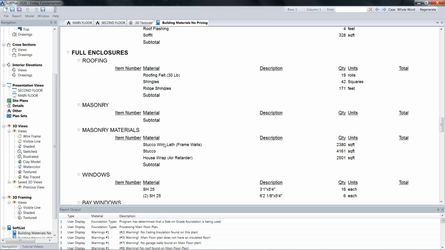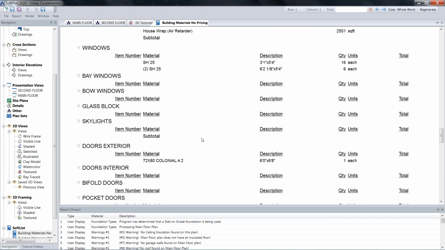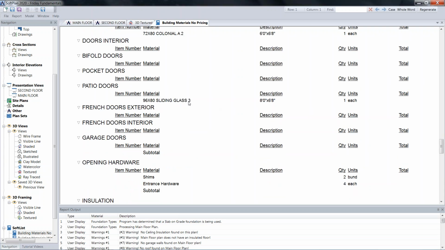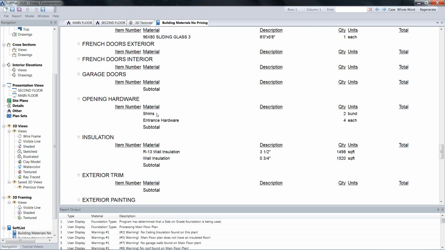We get down into the stucco wire lath. Why? Because the second floor used stucco, you got to have wire lath. And then the house wrap, that's the air retarder. Here are the SH windows. We're scrolling down quickly. Here's the colonial door exterior, the double. Here's the sliding glass door triple. Picked it up. I made that, but it picked it up. The leveling and squaring shims, entrance and passage hardware,